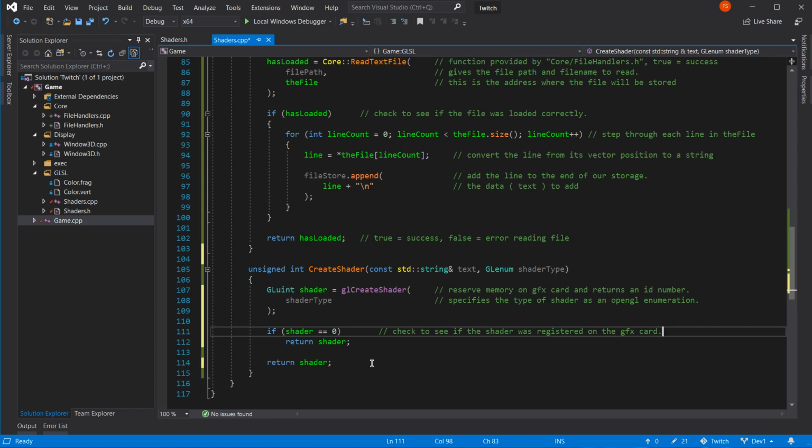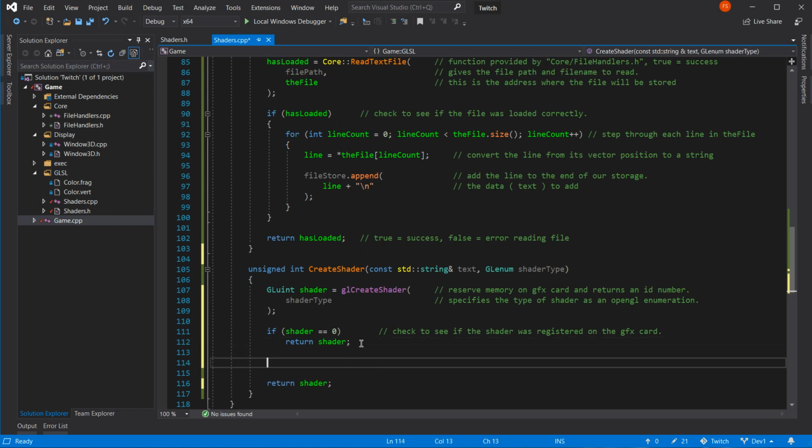That means we can boil all of our errors down to shader equals 0. That is good stuff. That works for me, because that's what the error code is. Don't need to pass a message out at that point.